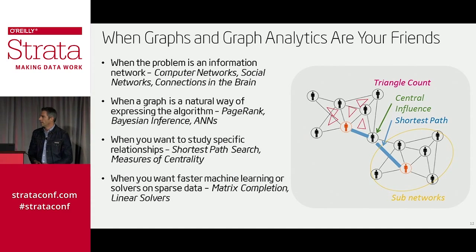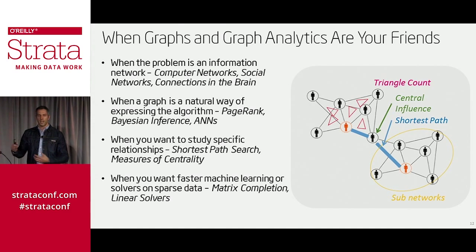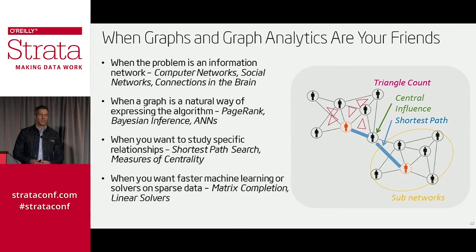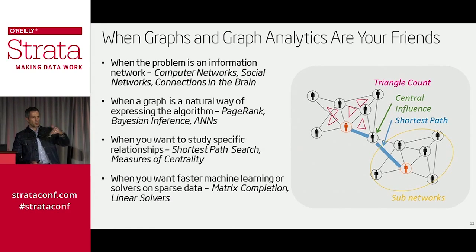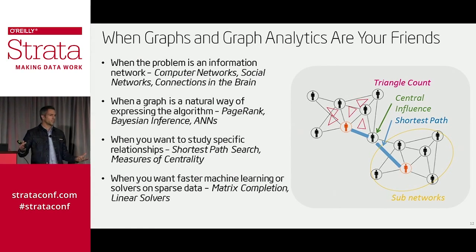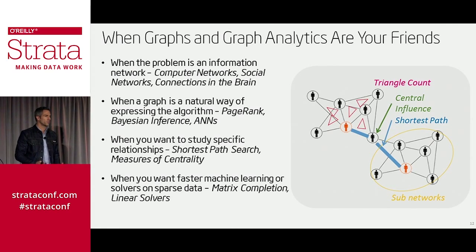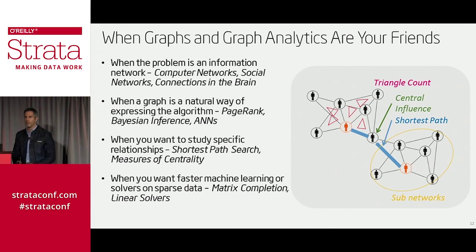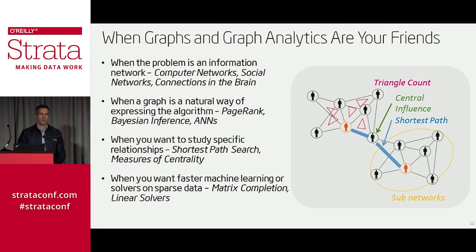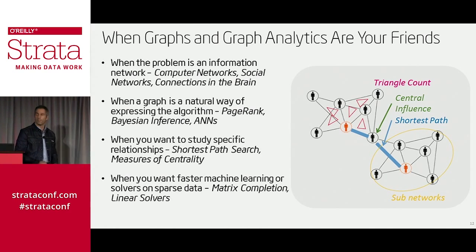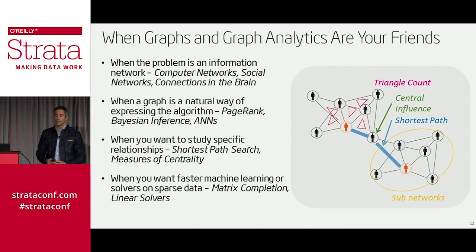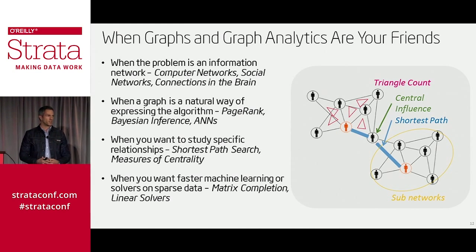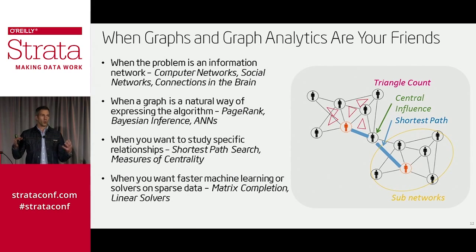Less obviously, there are a lot of algorithms out there in machine learning and data mining that use graph techniques. One example would be Bayesian inference networks, where you're propagating probabilities that relate to one another. You can express that problem with highly factored functions, but computationally that's often not very efficient. Graphs are a better form for the computation itself. You can also study relationships, like the Intel Media example. So whenever you're looking at finding a golden path within a data set, this is a perfect tool for you.